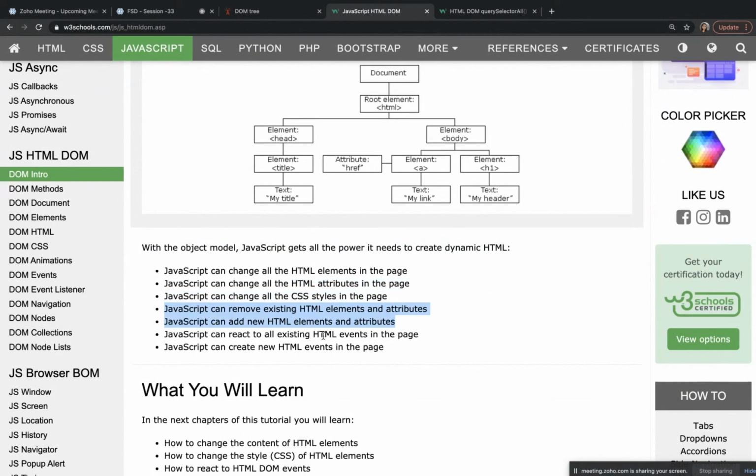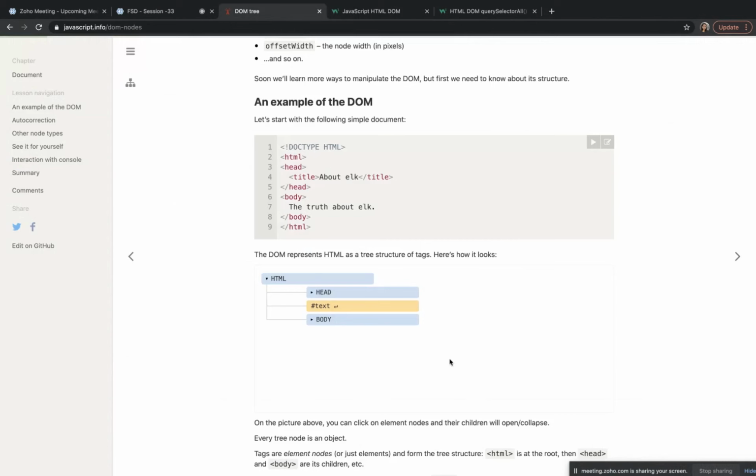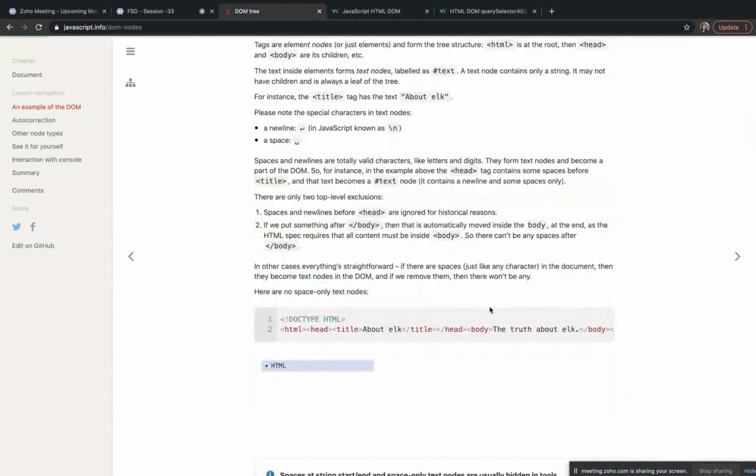JavaScript can react to events. There is another thing called HTML events. Till now we did not read anything like this, right? If I'm clicking on the button, some actions need to be done. Let's say if I click on the button, one paragraph tag should get hidden, or the button color should change.